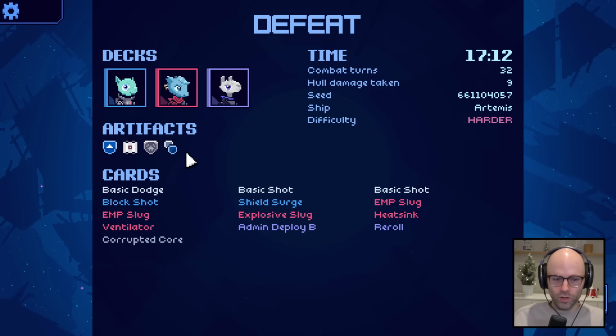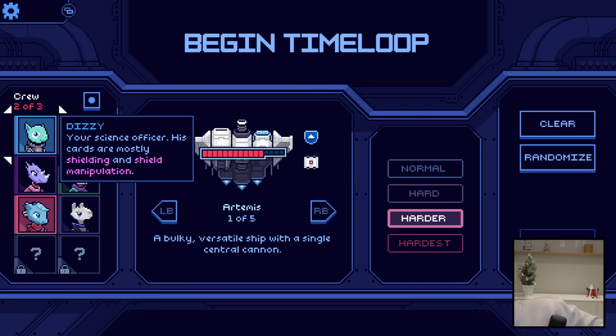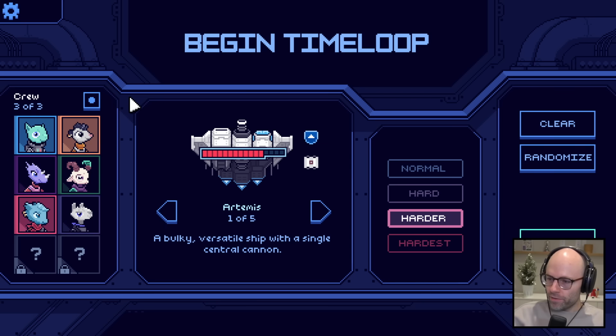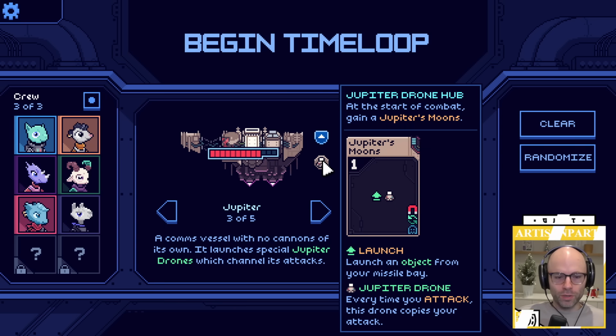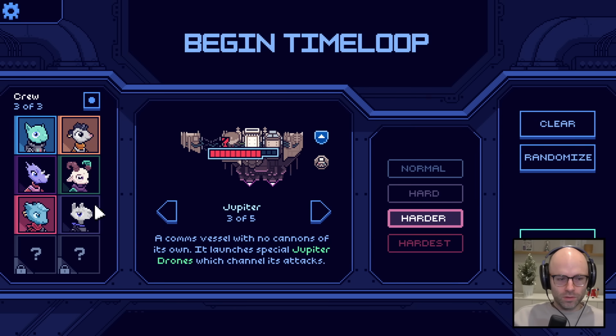Try the other ship. I'm going to tell you straight up. You know what I talked about with first impressions? Hacker voice, you're cut. Riggs is basically mandatory. Who the fuck is Riggs? He's your pilot? I guess a ship having a pilot makes sense. We can try a different ship, though. Jupiter. Comms vessel with no cannons? Well, I guess...